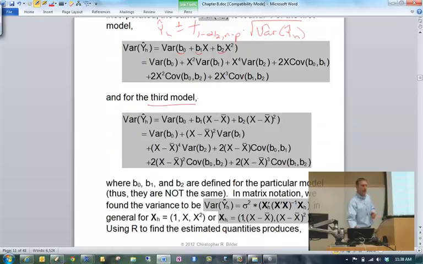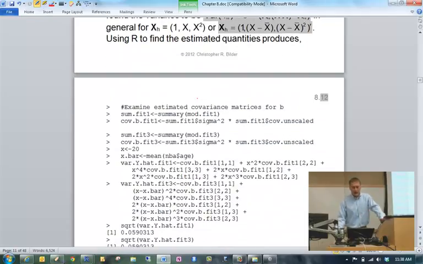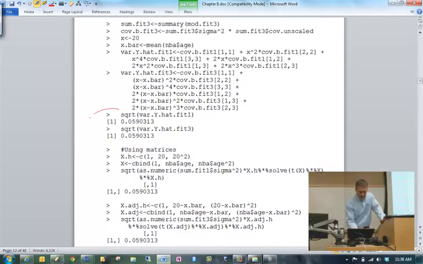For the model that includes the mean adjusted data, I can do exactly the same kind of thing. You can see that these formulas get messy. But what we can do is program these formulas into R. I show how to do this on page 812. I won't go through the details here. And you will see that indeed you get the same square root of the estimated variances.